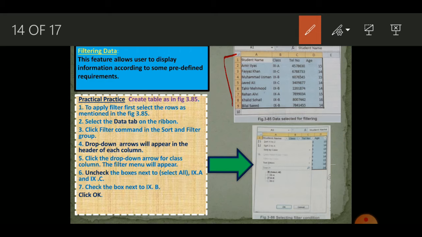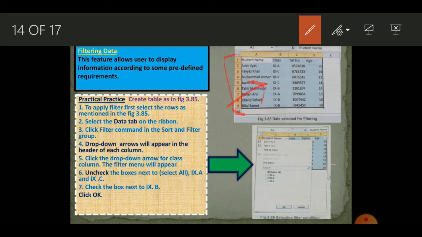After you have done that, you will notice that there are some students' class names mentioned here. For example, we want to see only the students that are present in class 9B. For that we want to apply some kind of filter to see only student data related to 9B. To apply that, we will use the filter data command.